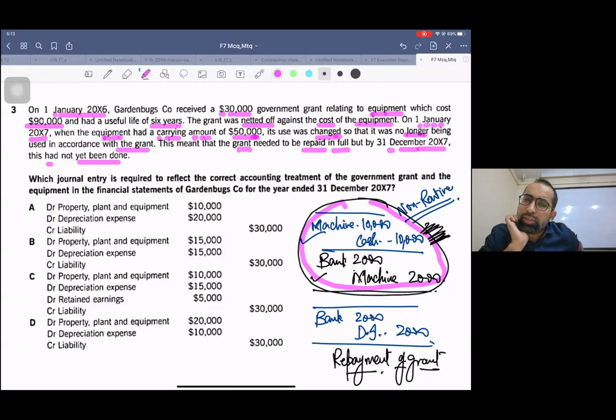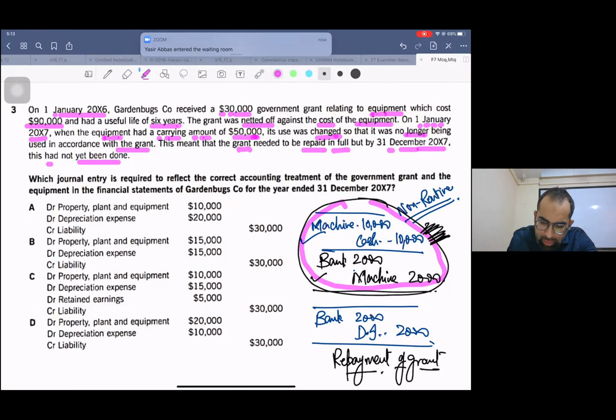So first of all, we breached the condition at the beginning of the second year. So we have to adjust the figures just after the end of the first year, or from the beginning of the second year. We have to adjust the figures as if we haven't received any grant. That means for the second year we will be booking normal routine depreciation. Now,